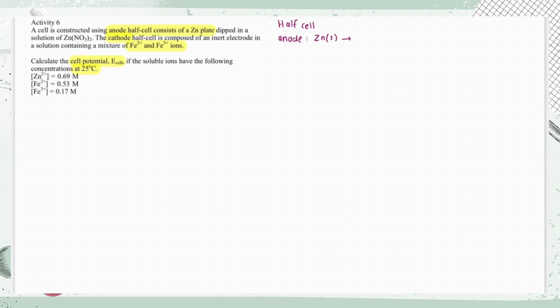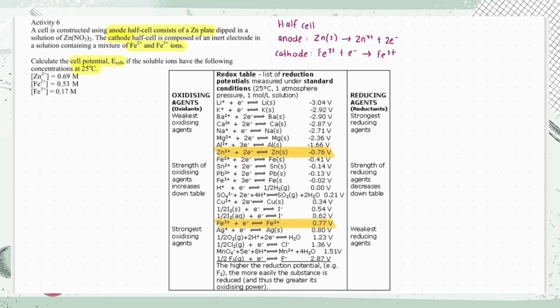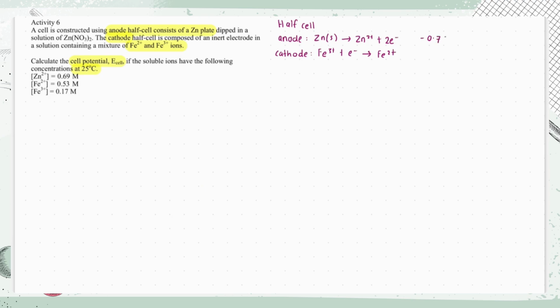First, we need to identify the half reactions. At the anode, zinc is oxidized to Zn2+, while at the cathode, Fe3+ is reduced to Fe2+. Next, we need to find the standard electrode potentials E0 for these reactions from the table. Based on the table, for the anode, the value is negative 0.76 volt, and for the cathode, the value is positive